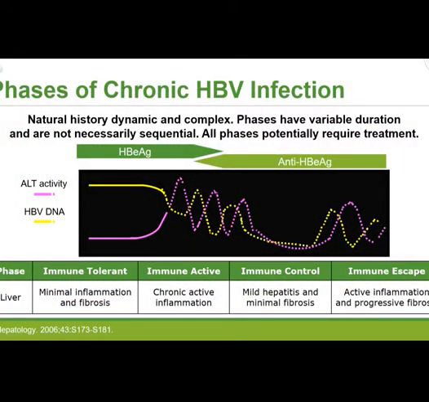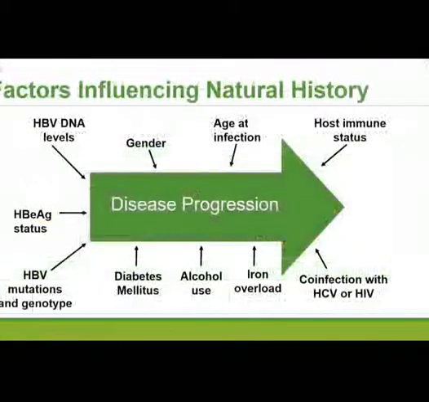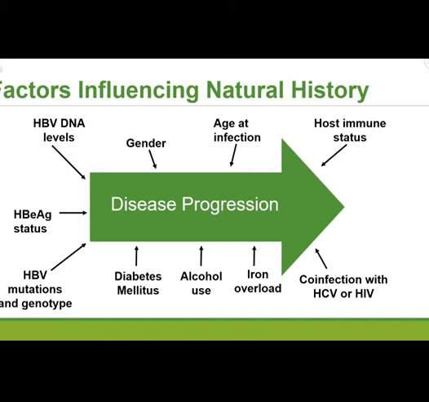This is the same which we have talked about: the immune tolerant phase, the immune active phase, the immune control phase, and immune escape phase. We have talked about. Now, what are the factors which are influencing a natural disease? It's definitely hepatitis B virus load, virulence, E status, mutations, and genotype,